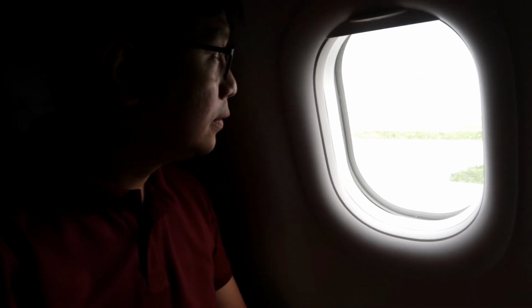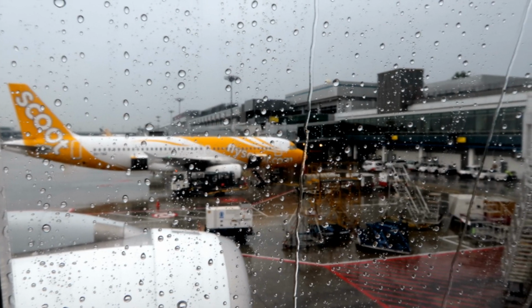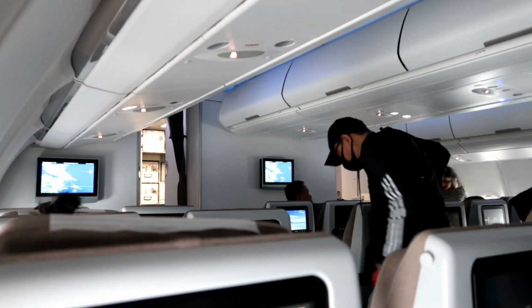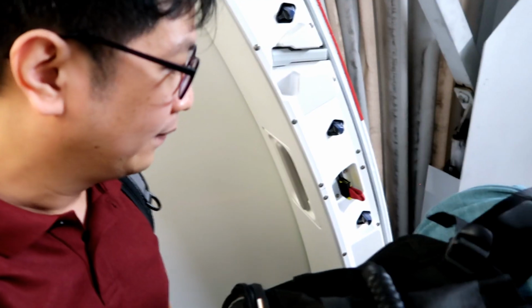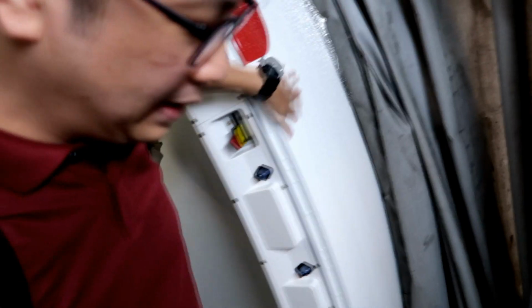It's not the sunny skies that I expected as we landed in the afternoon in Singapore, but despite the damp weather, it was still good to be back here again in what's also known as Asia's Lion City. Seated close to business class, this time I was just eager to disembark so I can explore around the airport. And before I do so, I just had to tap the plane as I exit and make my way to the aero bridge,